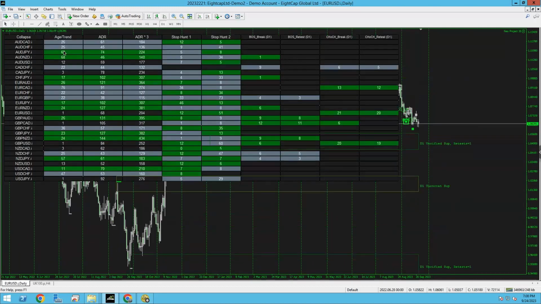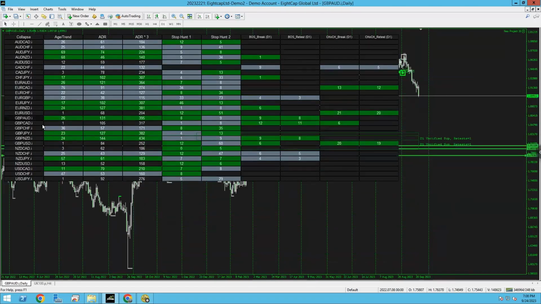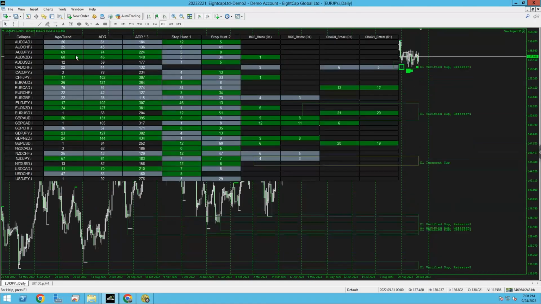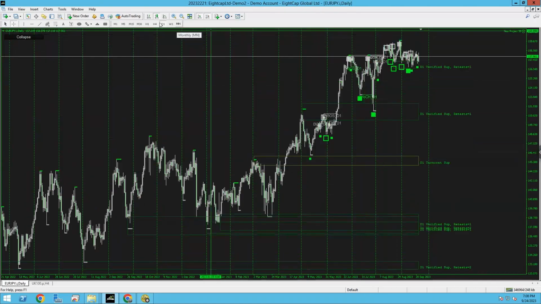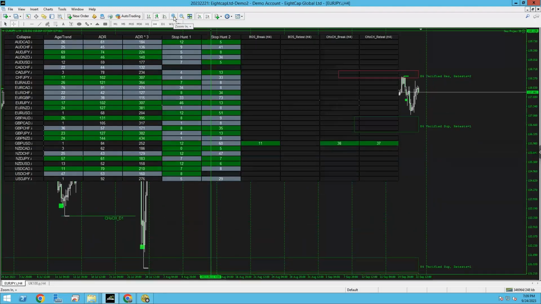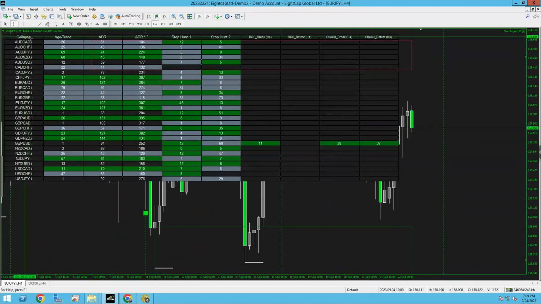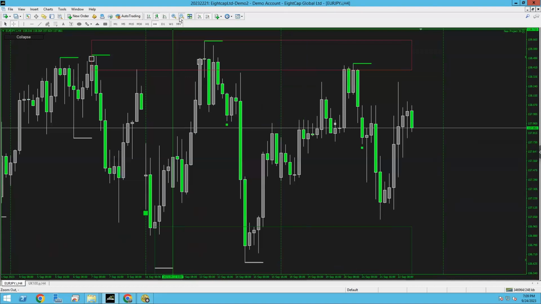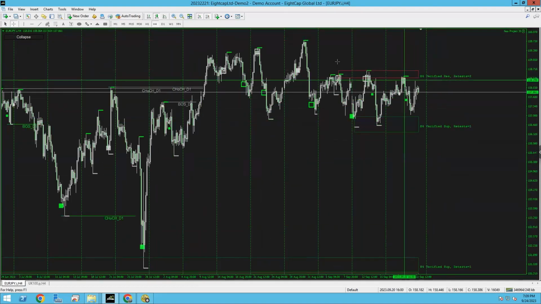Euro USD is a no trend right now. GBP is an example of one that can happen. I'm looking to possibly buy Euro JPY, but that's only if Euro JPY breaks this area. If it breaks this area, then I'll be looking to continue to buy this pair back up to these highs. This is one of the signal trades I'll be looking at. Literally, you're seeing exactly how I'm looking at signals.